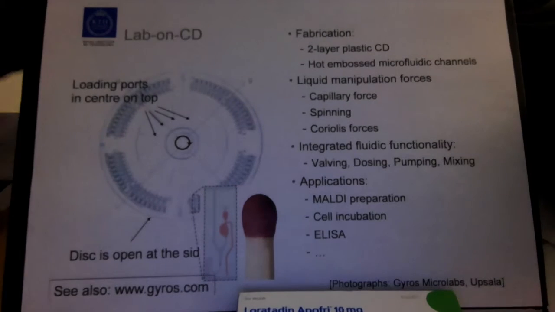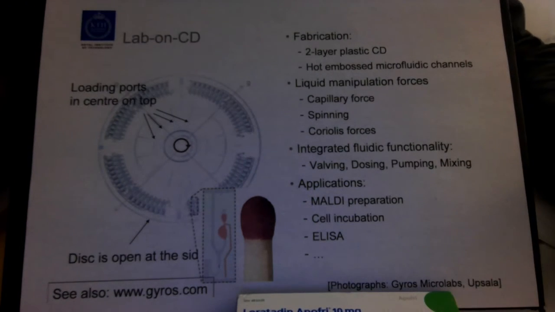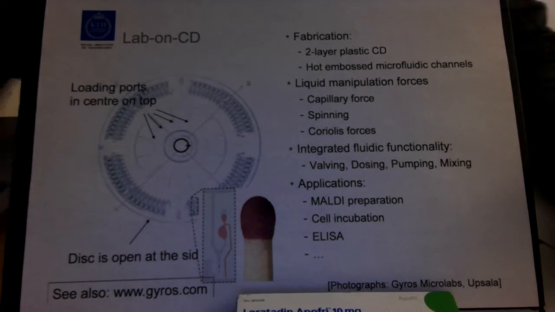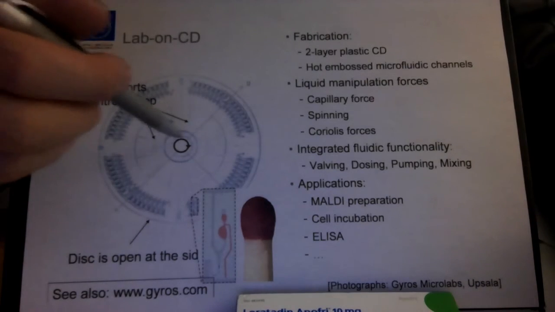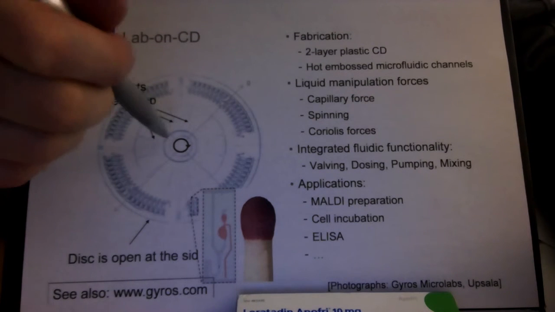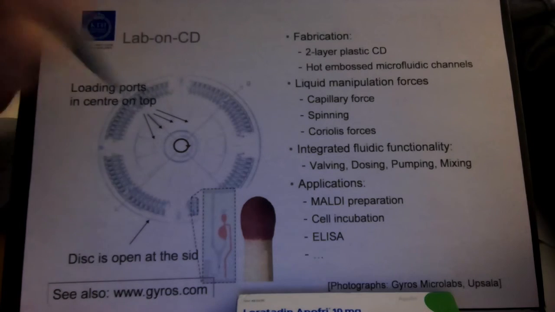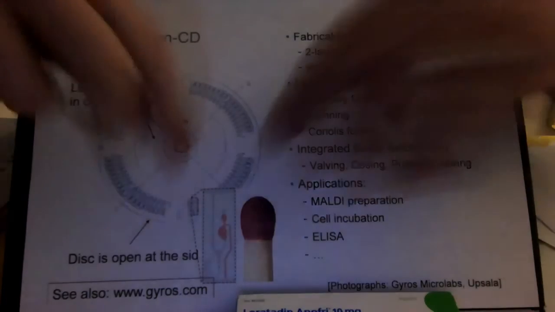And a lab on a CD is basically, you know, like a music CD. But instead of putting music on it, you put microfluidics on it. So you use exactly the same format. You see this is a CD disc of 10 centimeter size. You can put it on so it can spin around. But instead of having tracks with music here, you have little channels that typically go from the inside to the outside. So if you put a little bit of liquid in the middle and then you start spinning it, it will be spun out by